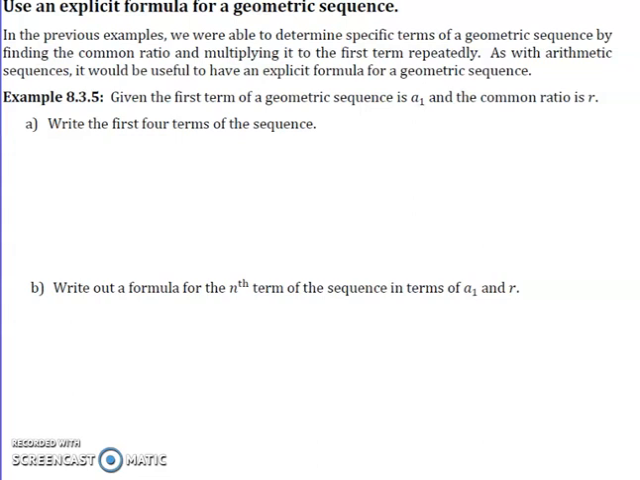In example 345, what we're going to be doing is generating a formula for a geometric sequence. So given our first term is A1, we're going to write out the first 4 terms of our sequence. A1 is my first term, my common ratio is r, so then my second term is going to be A1 multiplied by r. My third term is A1 multiplied by r multiplied by another r, so r squared. To get to the fourth term, I take that third term and multiply by r again, so A1 times r